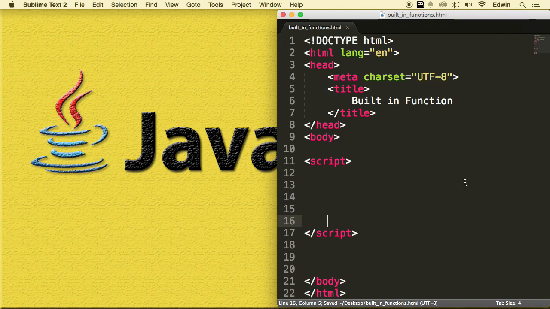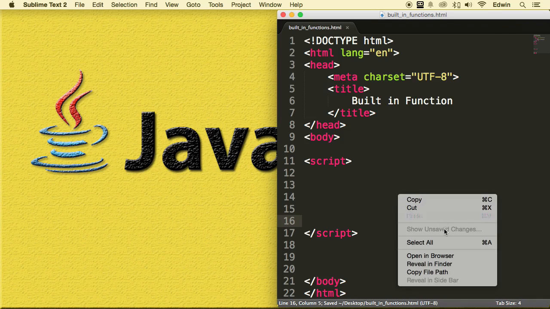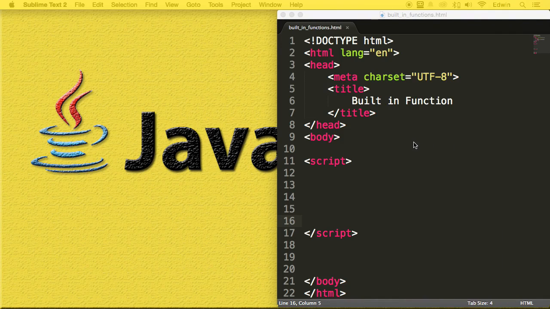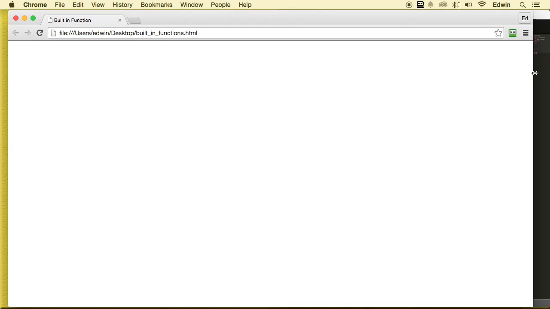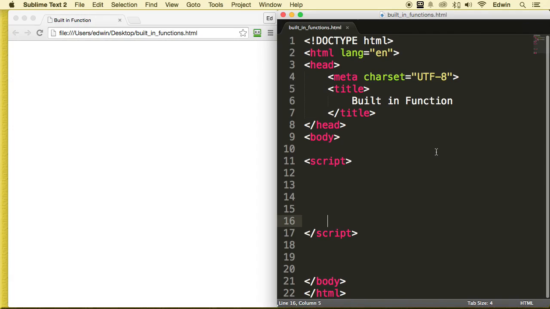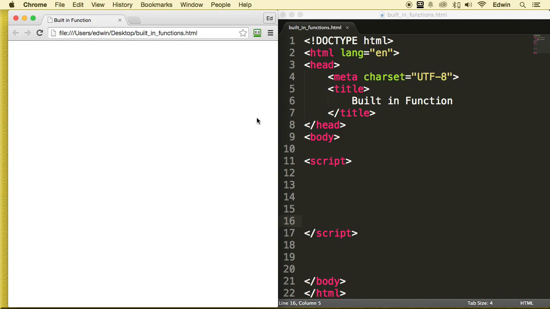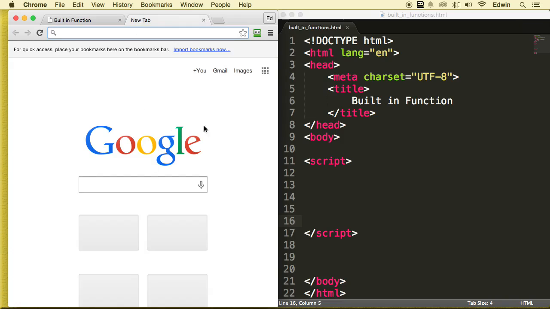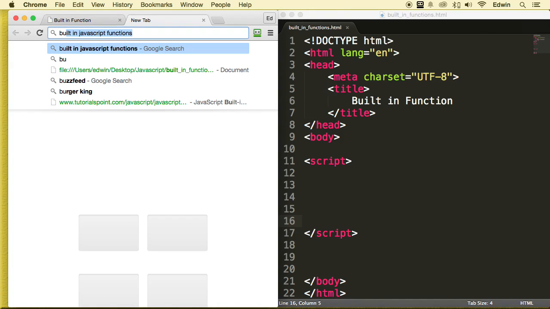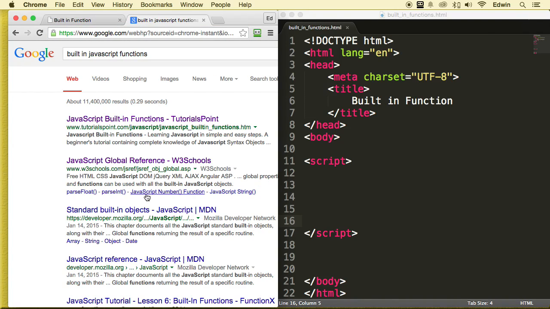Okay, we are ready. Now the next thing I'm going to do is open a browser, and my whole screen just got dark. All right, so now we are ready. But before we do that, I want to show you a website that I found a long time ago, and I just found it again. It's really good to reference built-in functions. If you type built-in functions from JavaScript and go to this site here,